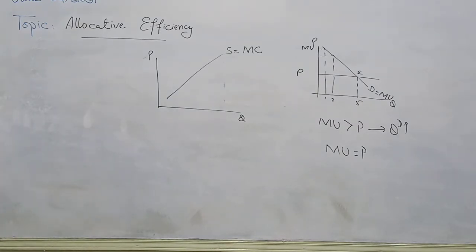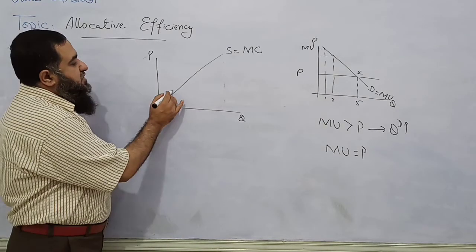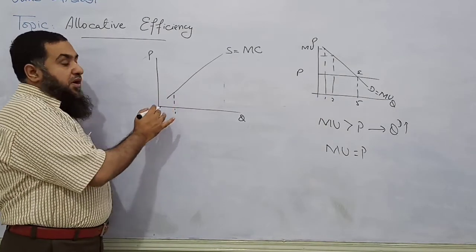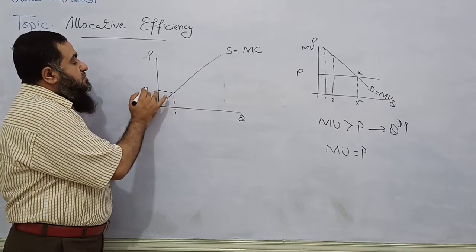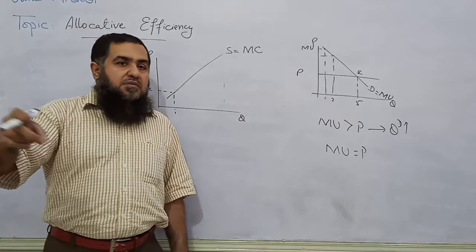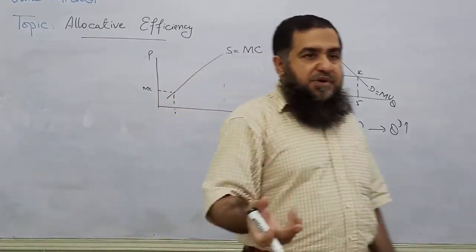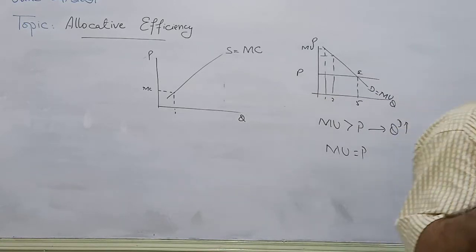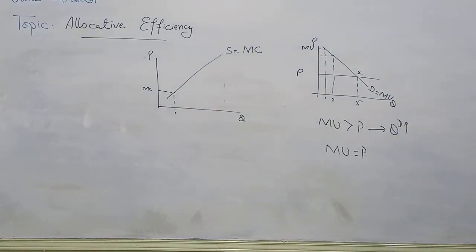The additional cost of production for the production of an additional unit. Clear? So look here, what is happening? When the producer was producing the first unit, his marginal cost was this one. In order to produce an extra unit, he has to hire more working hours by the labor, more raw material, more other things which are necessary to produce, and his total cost will be slightly changing. And the change in total cost is basically the marginal cost for every extra unit.